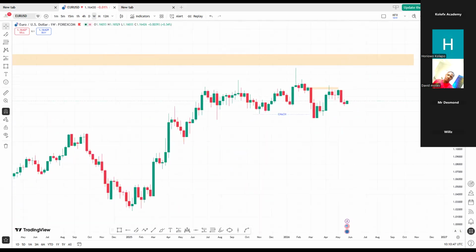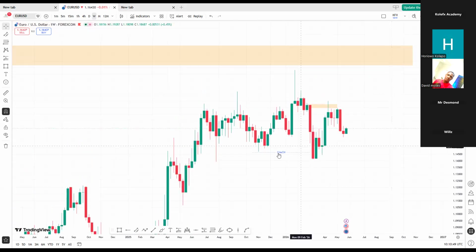And currently now, the weekly time frame has also given me a change of character to the downside, which is this particular hand here. And if you see, market pulled back to this weekly order block that sponsored this change of character. And we had this reaction, this rejection from here. We had this massive drop last week to the bearish candle. This week is trying to push up. And because of that, I was like, okay, if this market is moving this direction, I may likely try to